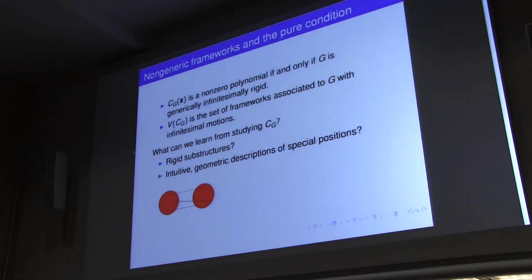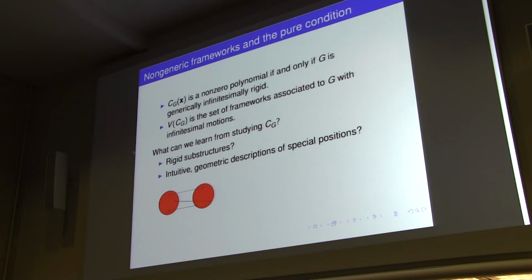So as I said before, this polynomial that you get is non-zero if and only if you have a generically infinitesimally rigid framework. That was how they did the proof. And the variety defined by that polynomial, so that hypersurface, is the set of frameworks associated to G that have infinitesimal motions. Okay? And so I want to spend the next few minutes studying this polynomial, this pure condition CG,